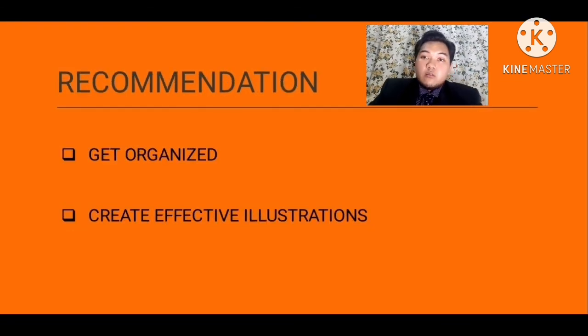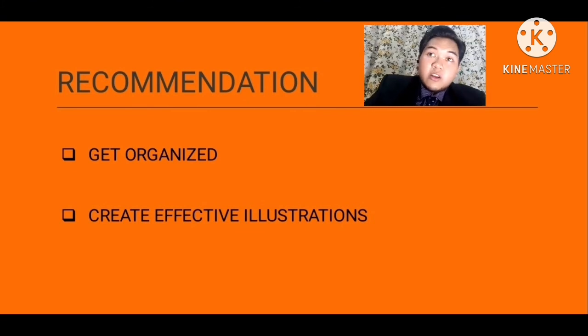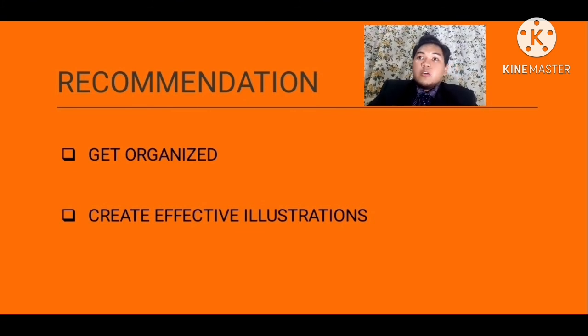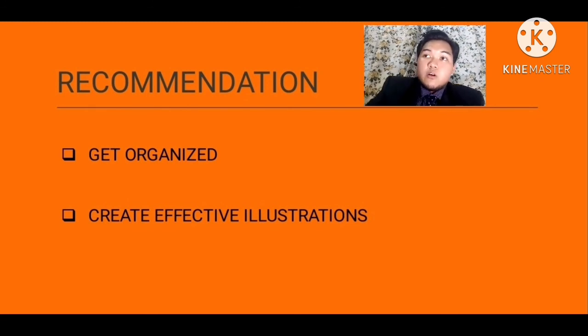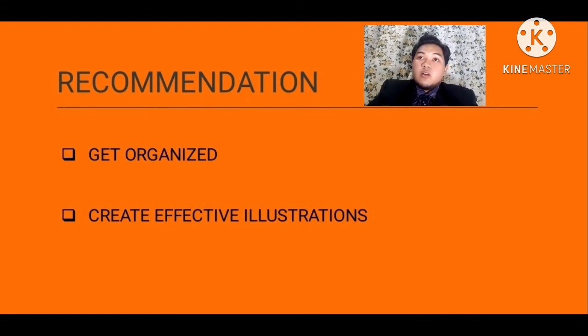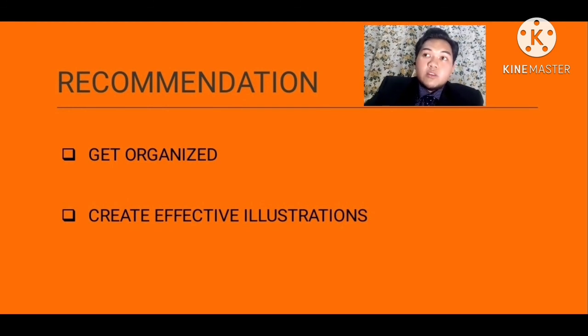The recommendations to improve our research: the first is get organized. A well-organized paper with all the key elements important to conveying your study results will take you a long way in making your article reader friendly. Organizing your thoughts is the first step. For writing a clear and crisp manuscript, understand your hypothesis or objective of the study, and build the necessary background required to set up the objective.